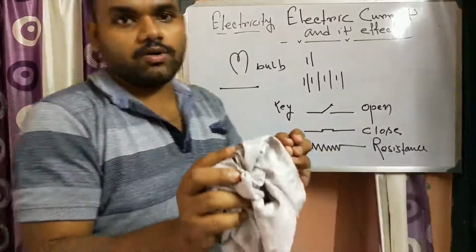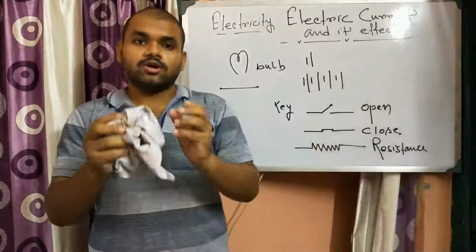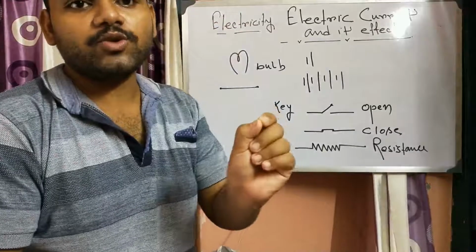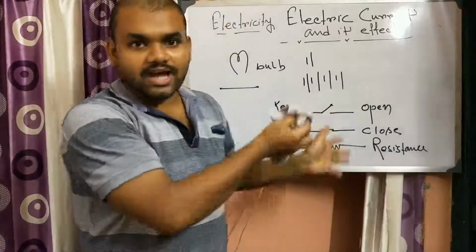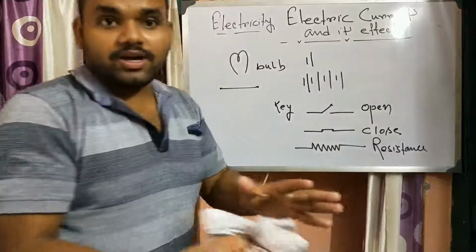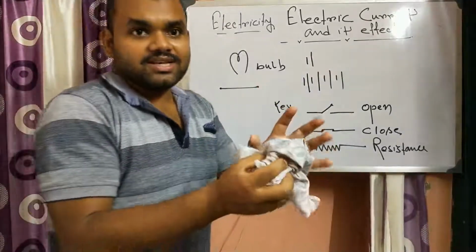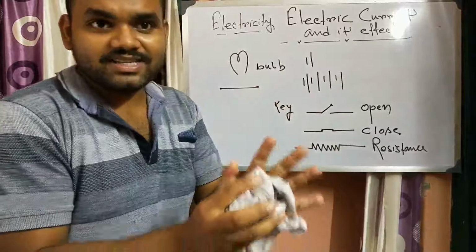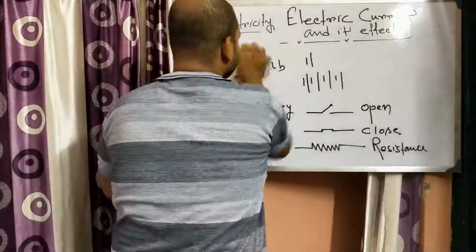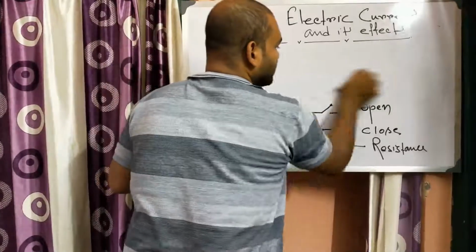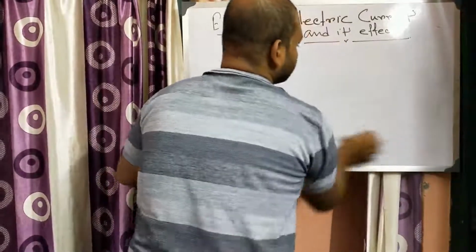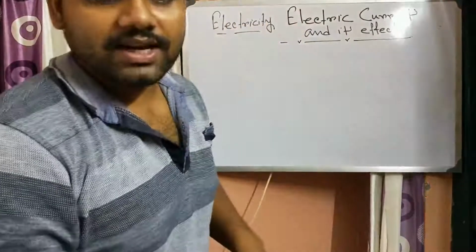Suppose we want to light a bulb. At that time what do we need to do? We need to introduce a circuit symbol. A circuit symbol is the representation of a circuit by different symbols. A circuit is the conducting path, or the total path. So let us show the circuit symbol.